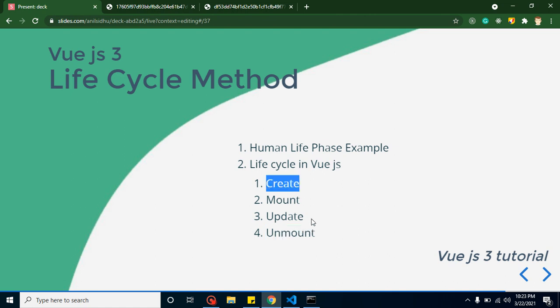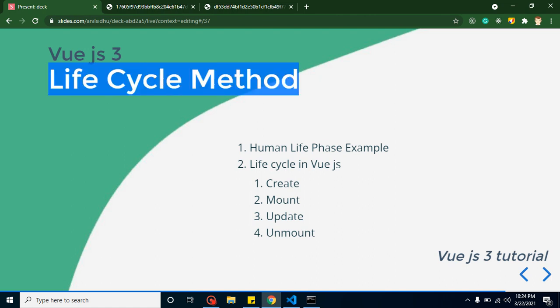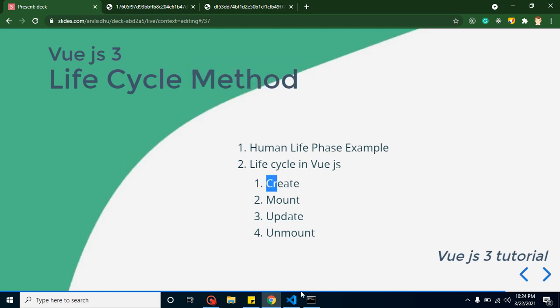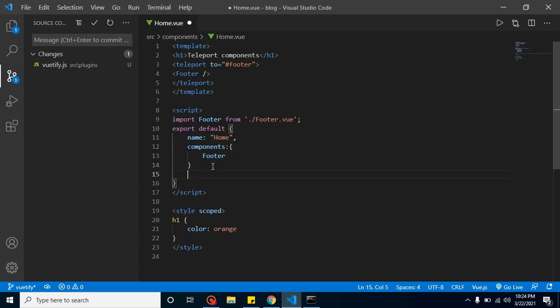So we have the four phases like a human life. What is the difference between phases and life cycle methods? Methods are the actual methods that are called whenever these phases happen. So we have life cycle methods like created, right?